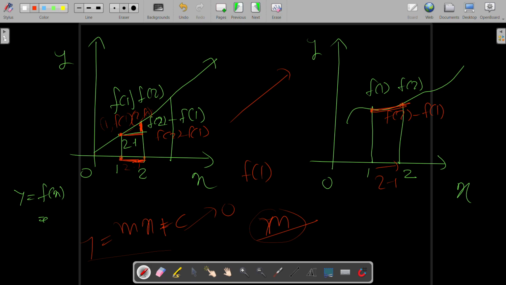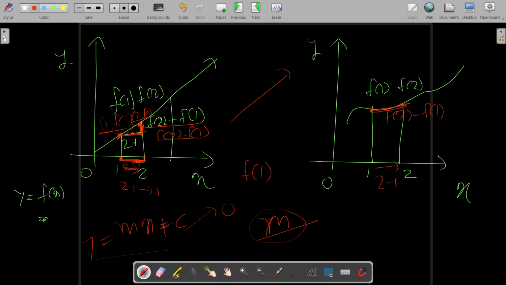Now for x equals 1 we'll get f1, and for x equals 2 we'll get f2. This distance equals what? 2 minus 1, 1 unit. And this distance equals what? f2 minus f1, because this point is (1, f1) and this point is (2, f2). So this distance is f2 minus f1. Similarly,